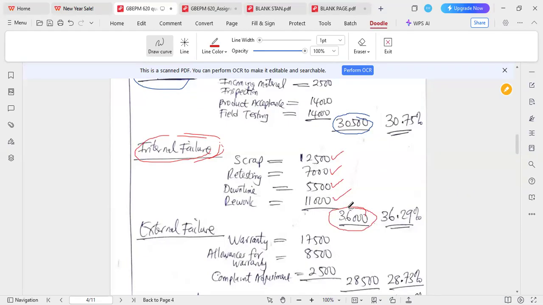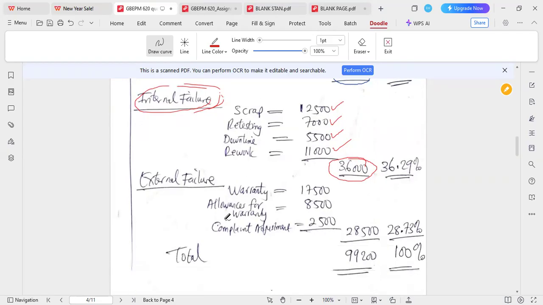Okay. Then we have the other aspect where we are looking at external failure. Under external failure, we have warranty, which is 17,500. Then the allowance for warranty, 8,500. Complaint adjustment is